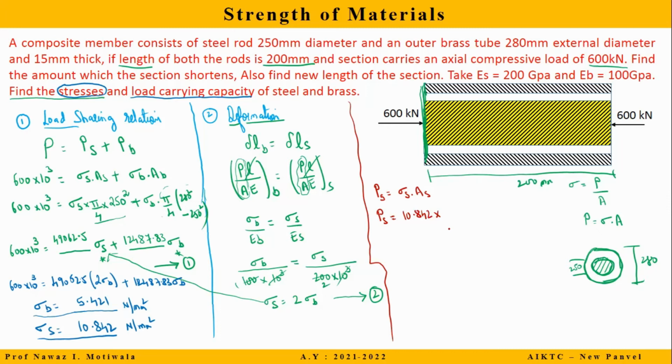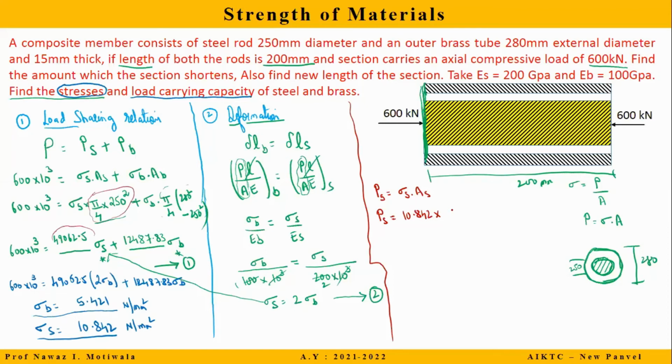Just refer to the left hand side. We have already calculated it, so don't waste time calculating again in the exam also. In the left hand side, we have already calculated this part. What is the value of AS? Just observe this. Pi by 4 d square we have already calculated here. This is the answer,